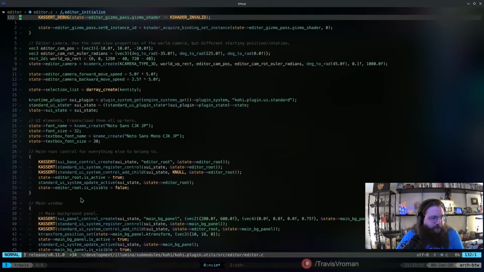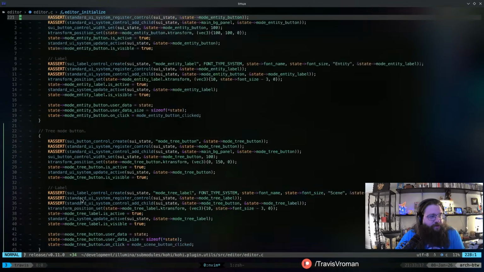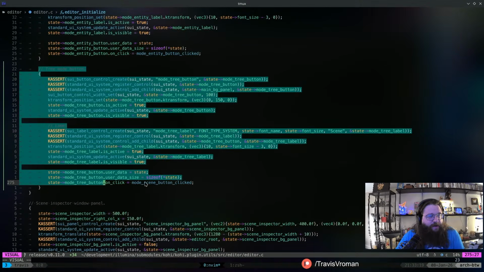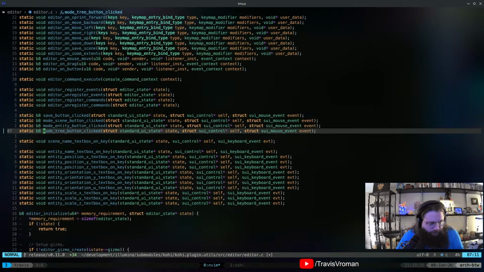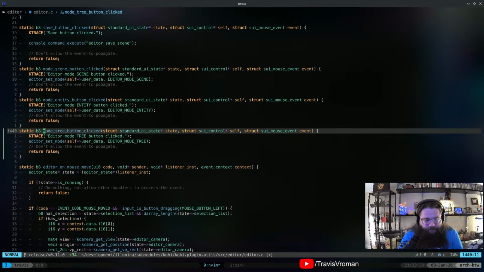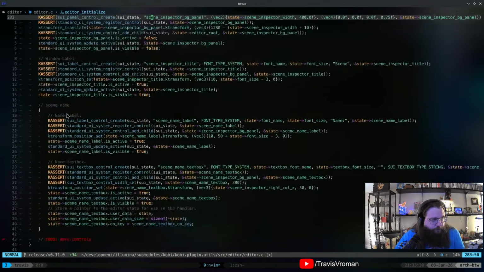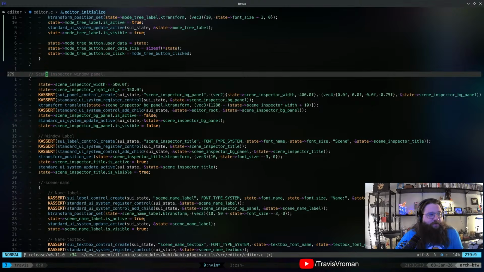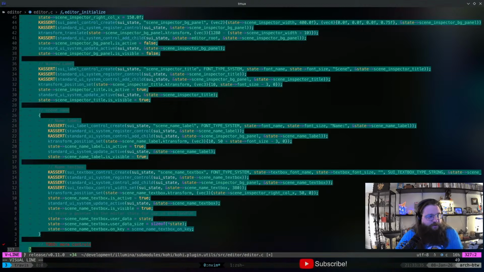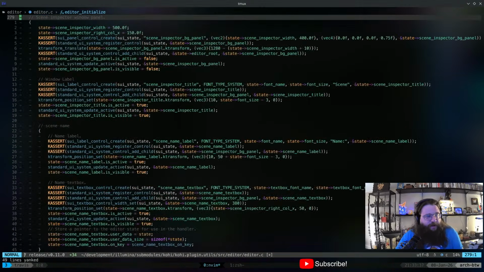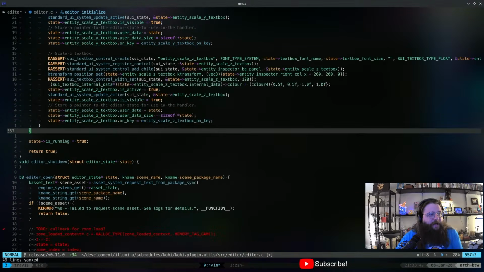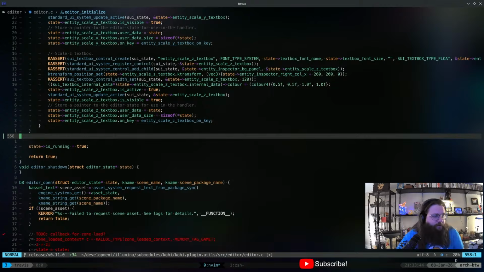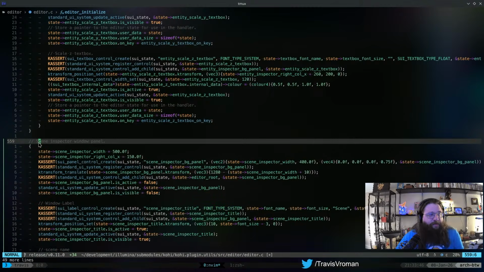So now if we go back to initialize, we can actually come down to, we have the tree button here. We need to change this to say tree button clicked. I think we've got that hooked up. Yep. All right. And now I'm actually going to take from the scene inspector panel or scene inspector window because it's a little bit more basic. So I'm going to skip past the entity inspector and go straight to the scene inspector copy that we made here.